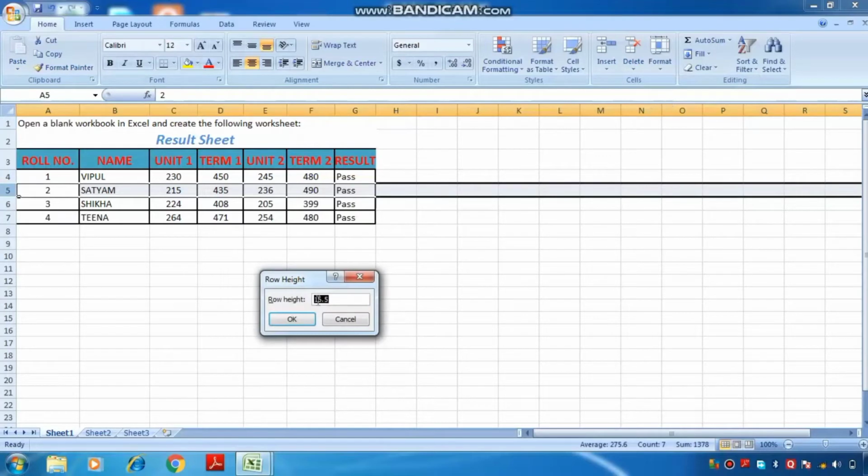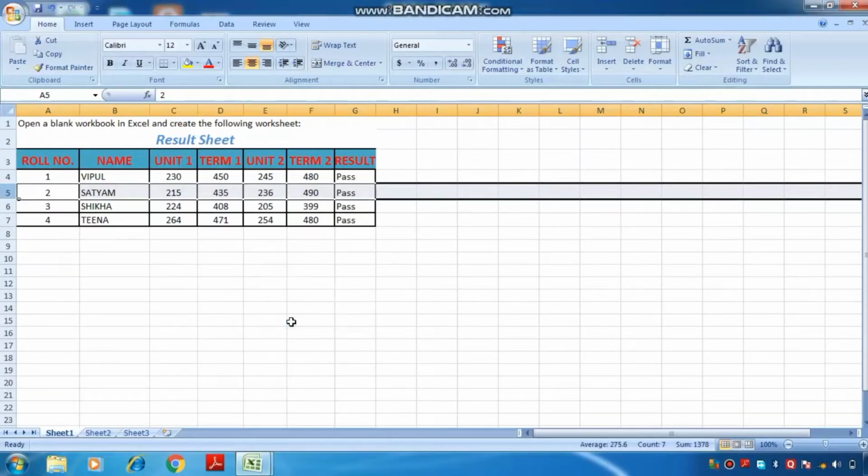By default the row size is 16.5, and if I enter the value 20 and press the OK button, you have seen the height of the row automatically increases. Hope you all are clear with both the practicals, increasing the column width and the row height manually or by using the option button.